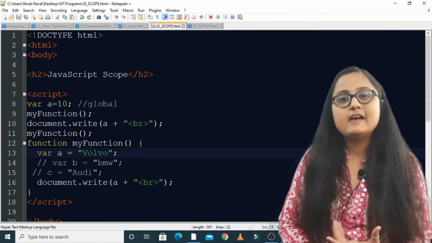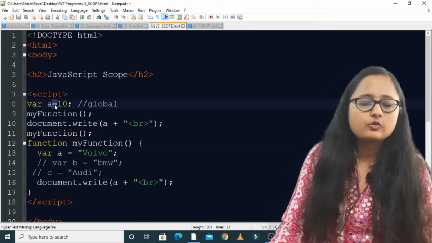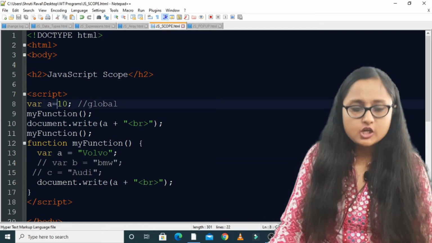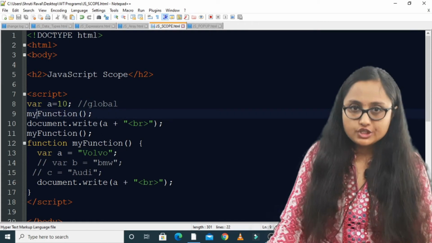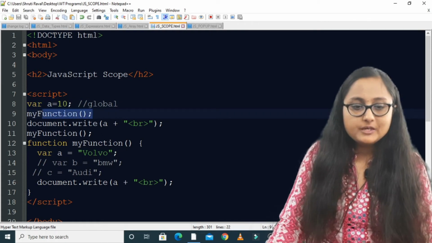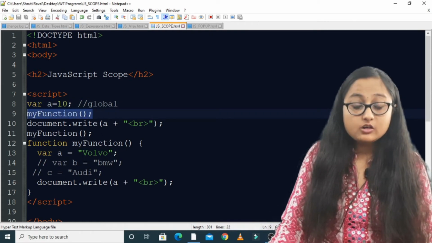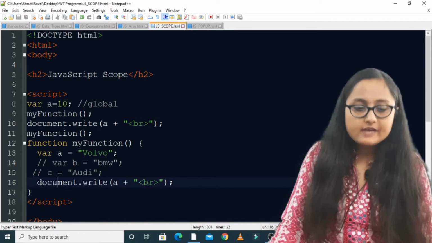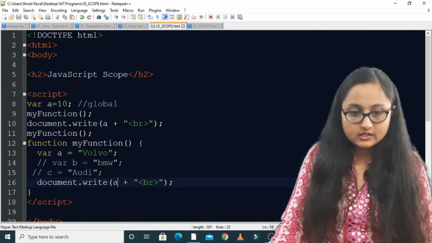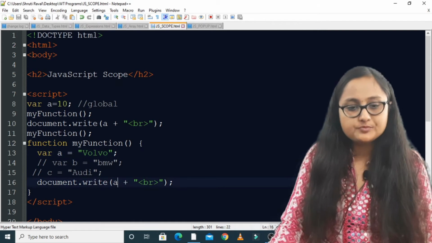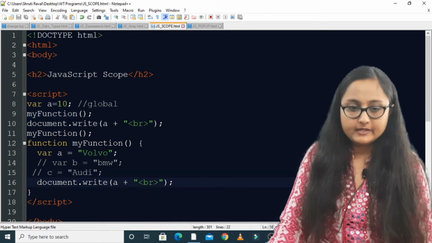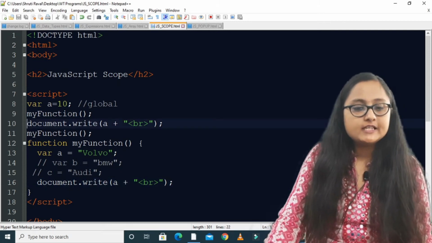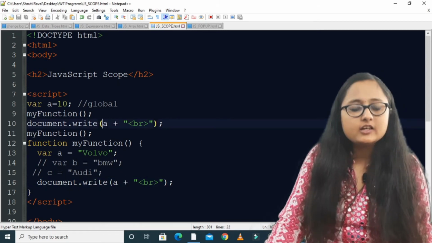Local scope will have a higher priority than your global scope over here. So this will be overridden, right? So whenever I call my function, what will be displayed in the output? Because I have written document.write a here, Volvo will be substituted, and here Volvo will be written with a line break.